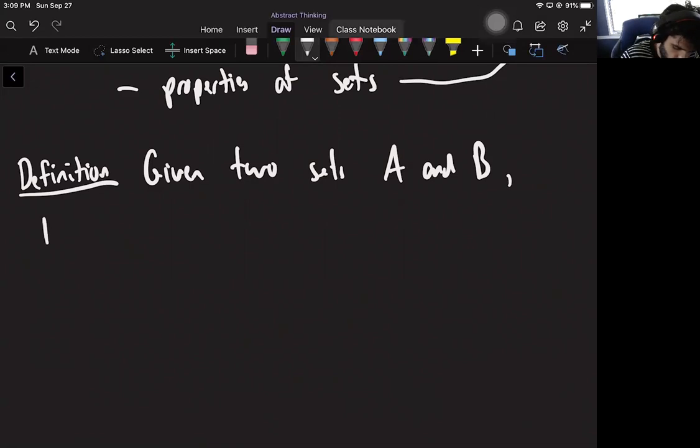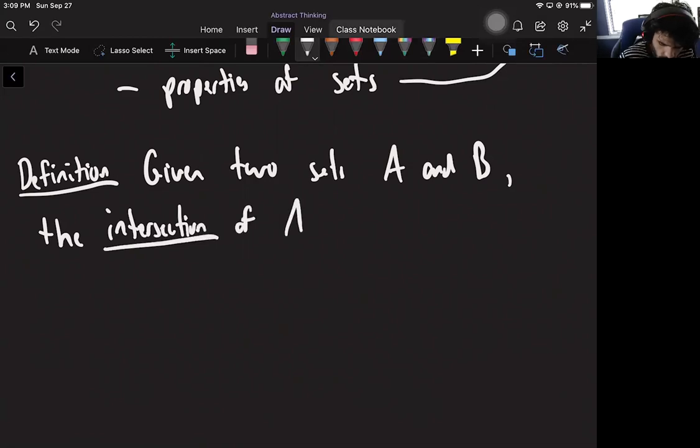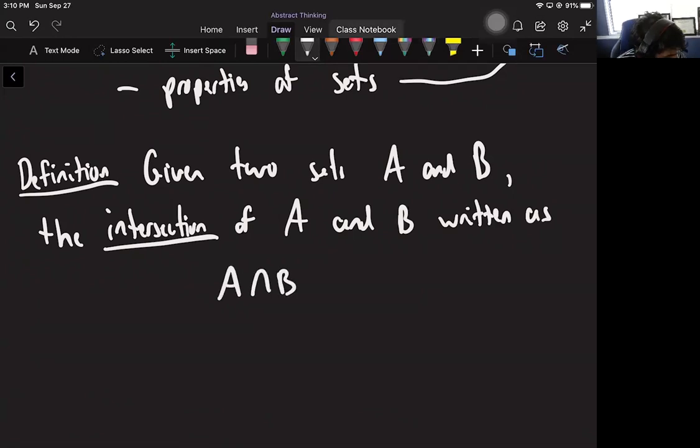So that's called the intersection. So the intersection of A and B, which we write using this notation, written as A, this is called a cap, B, but you read it as A intersect B,